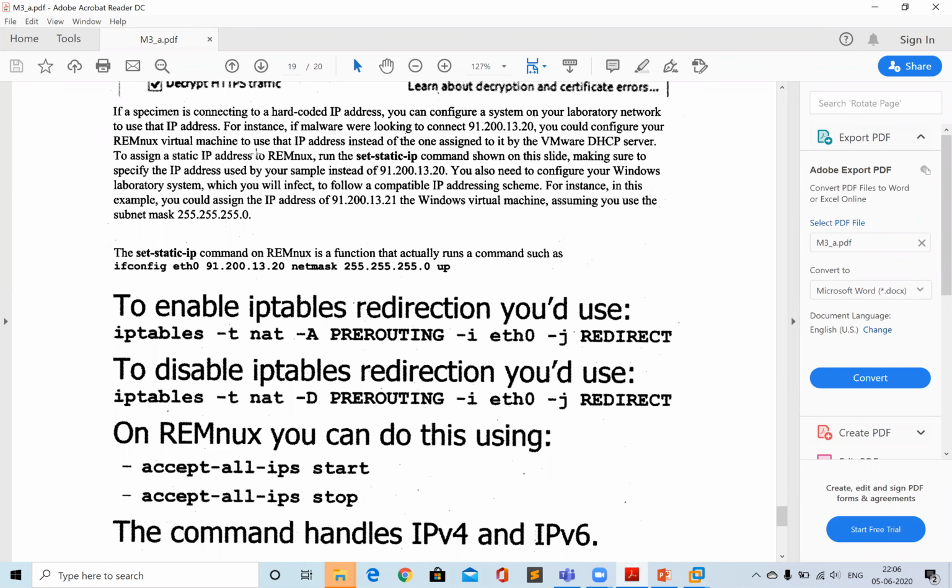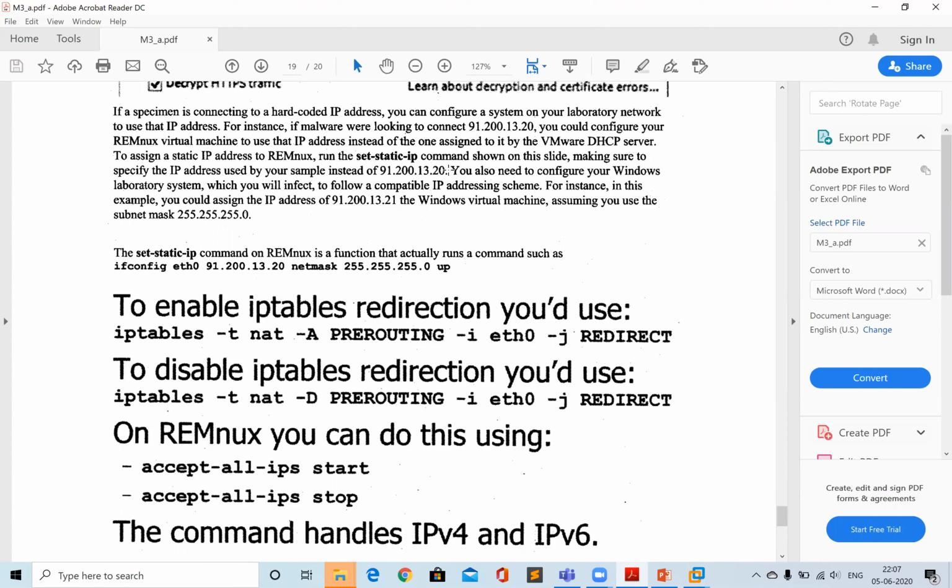Okay, suppose the malware is trying to communicate with some IP address, say 91.213.20. If you know that a malware is trying to communicate to this IP address, the easy way is to set your Linux VM's IP address in the same subnet, with the same IP address 91.213.20.